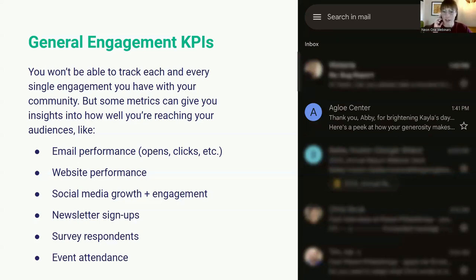I'm actually curious. Social media performance is another one that falls into this area. You can even look at things like new subscribers to your newsletter, how many people respond to your surveys, how many people attend your events. There are a ton of possibilities here. Now, I'm not saying that you need to measure all of these, unless you're Lisa who tracks all of them monthly, which is amazing. But there are a lot of different things like this that you can look at to get a feel for how your community is learning from you, talking to you, learning about you. I really hope this gets you thinking.